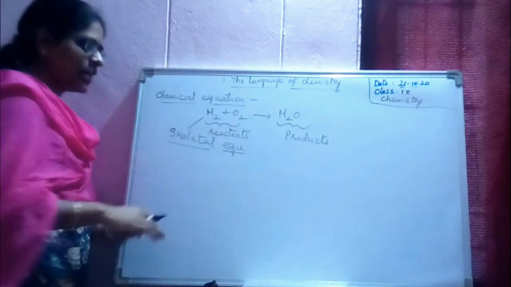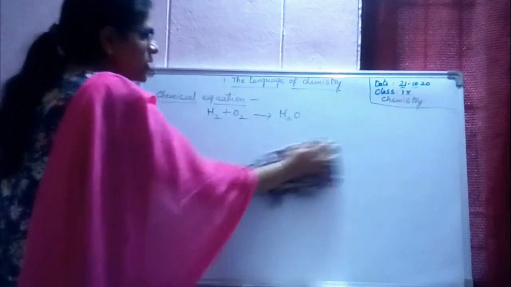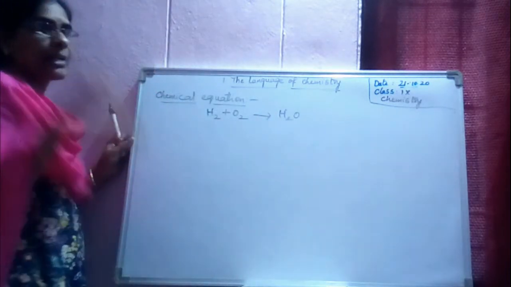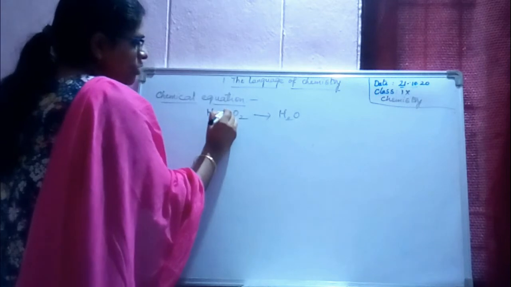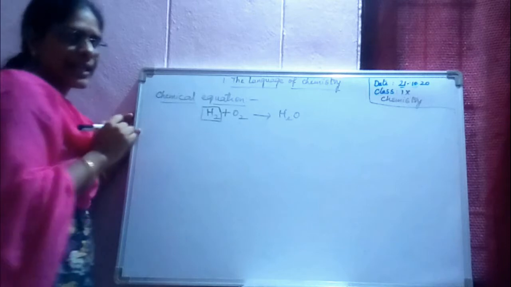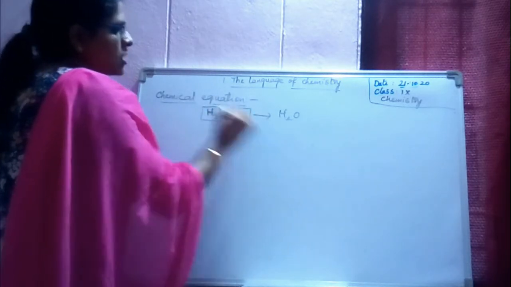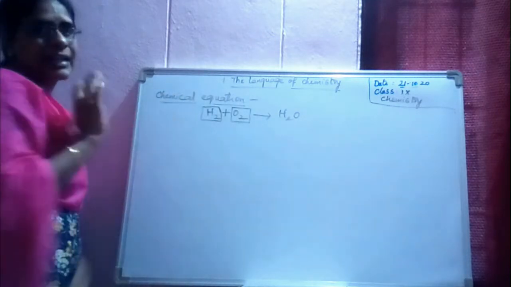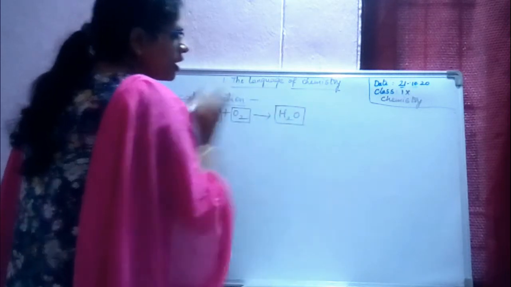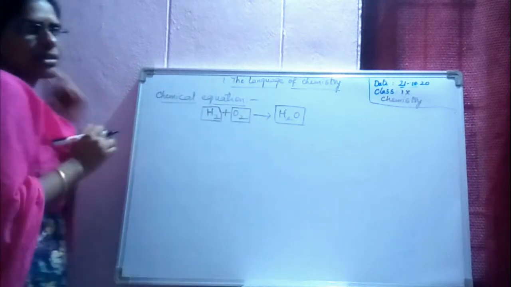I will show you. Look at here. Whenever a chemical reaction is given, first you need to find out what are the elements in the given chemical reaction. It's a good thing if you follow like this. If a reaction is given and asked you to balance, first put the boxes. You are not supposed to change anything inside the box. Only outside you can change. First good thing is keep boxes for each of the compounds.